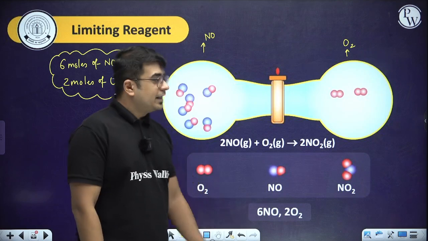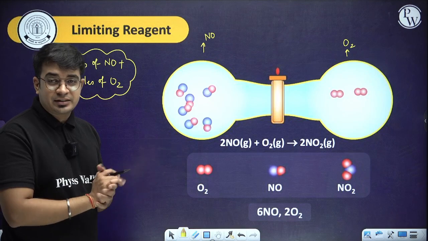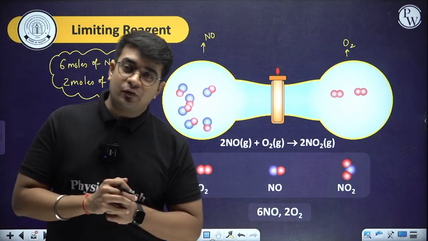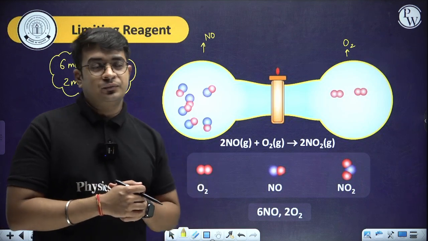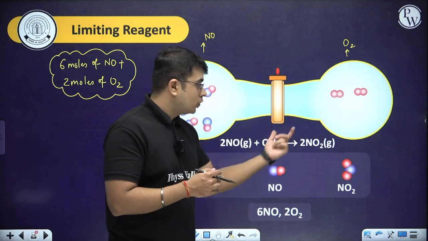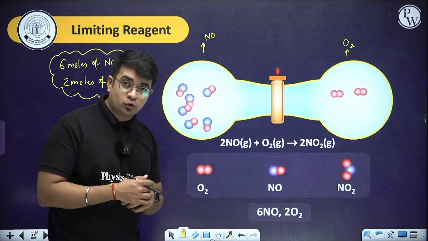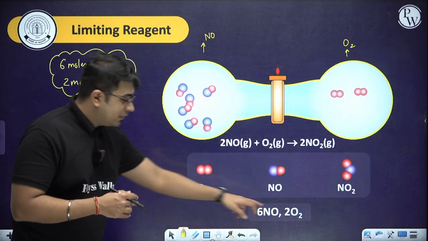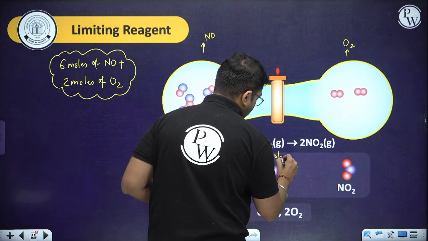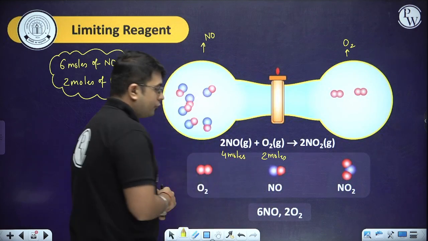In the animation, some reaction was happening, and after that you can see only 4 moles of NO2 are going to be formed and 2 moles of NO are going to remain as leftover. For that part I am writing this equation: 2 NO combines with O2 to form 2 NO2. It means 2 moles of NO always combine with 1 mole of O2 to form 2 moles of NO2. So we have 2 moles of O2. I can say if we have 2 moles of O2, they can combine with 4 moles of NO to form